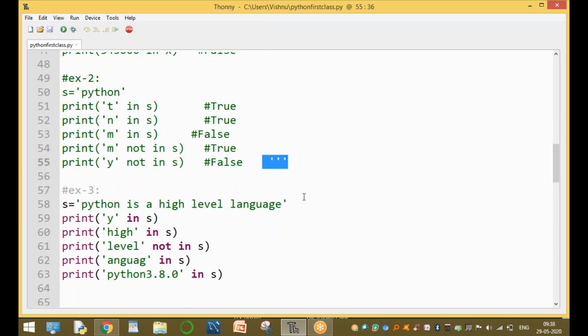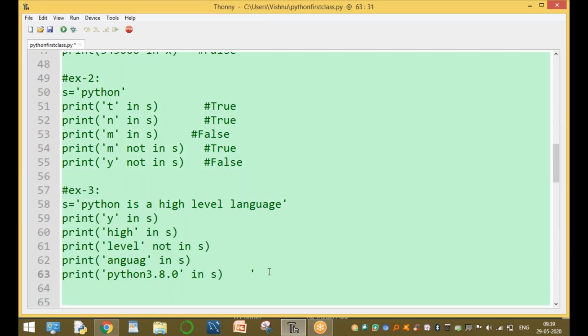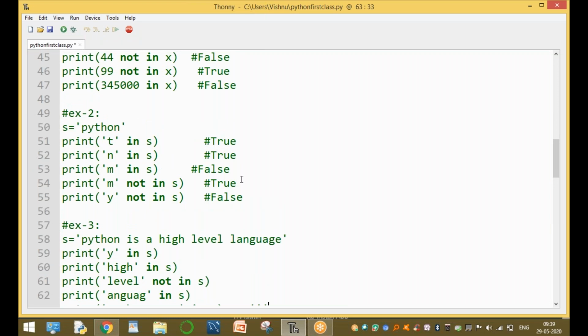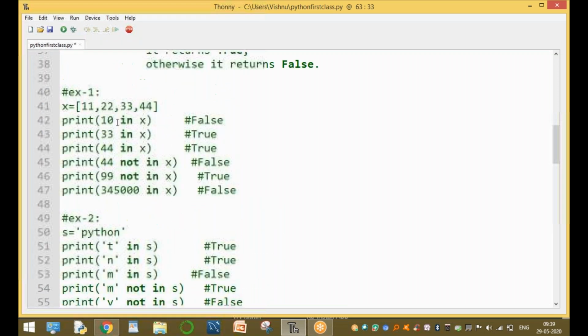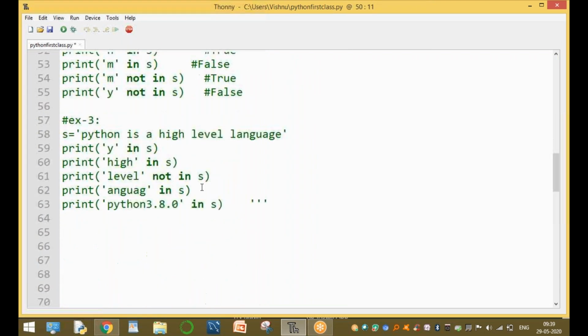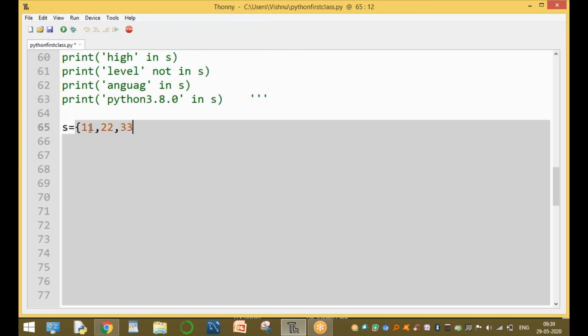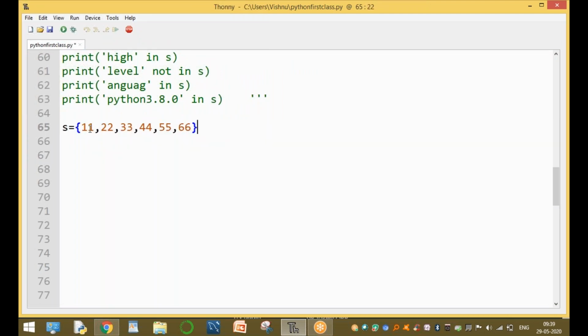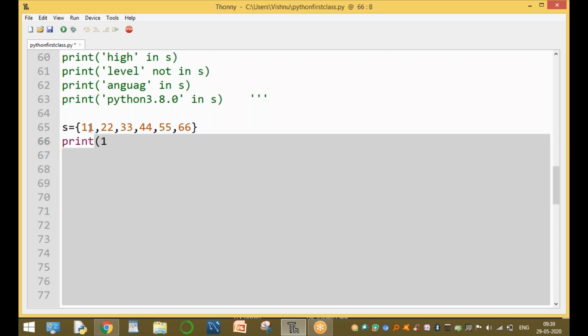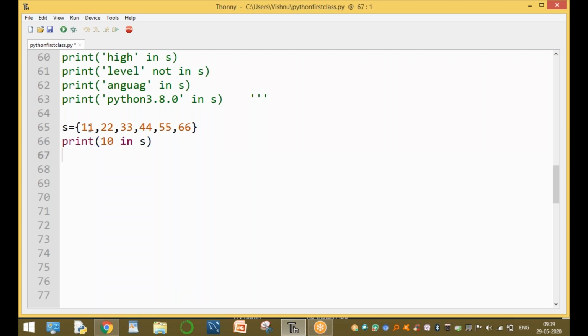Now the same is applicable to lists, and the same can be applied to sets also. For example, S equal to the set 11, 22, 33, 44, 55, 66. Print of 10 in S, true or false.